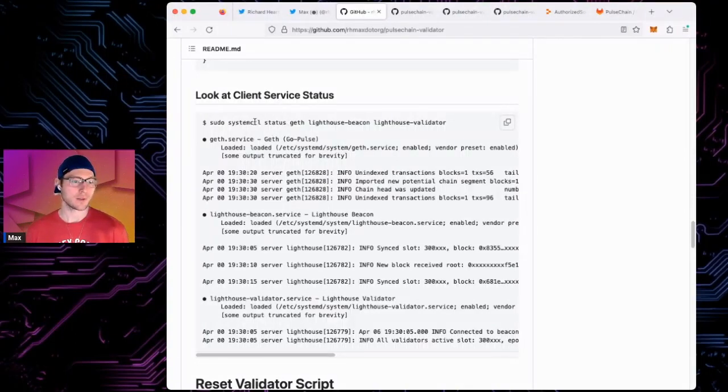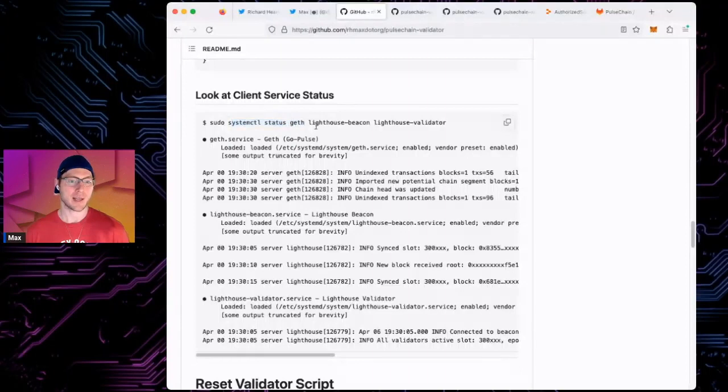So we created a system. The script creates system configuration files, which basically just make it easier. You don't need to be connected with a terminal. They just run. There's a service manager that runs the clients for you,